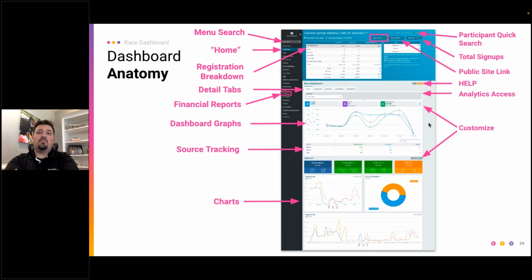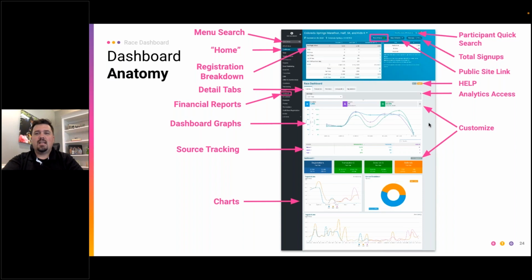The menu search on the far left, this is my best friend. Anytime someone asks me where they can find a certain feature, I type that feature in the menu search, it pops it right up and I can click right onto it to make those changes. One thing to keep in mind, if you're doing something like QR codes, it does need 3 letters. So you'll have to type QR space, then hit that C, then QR codes will pop up